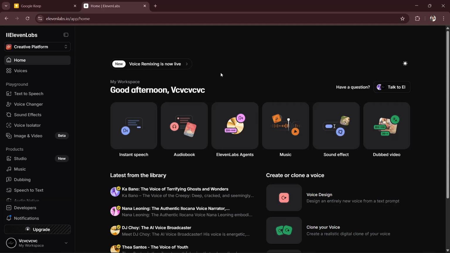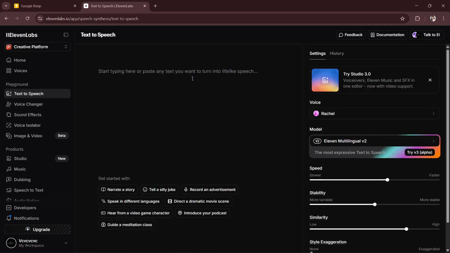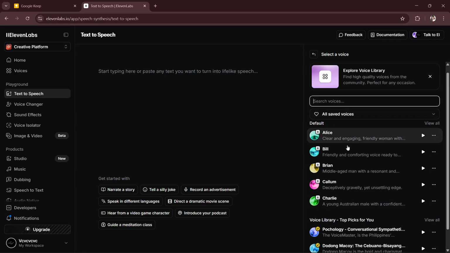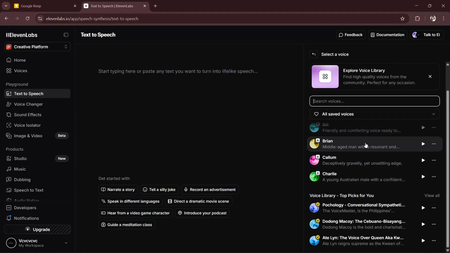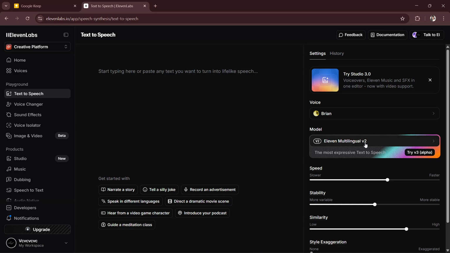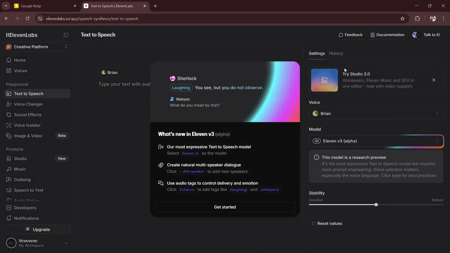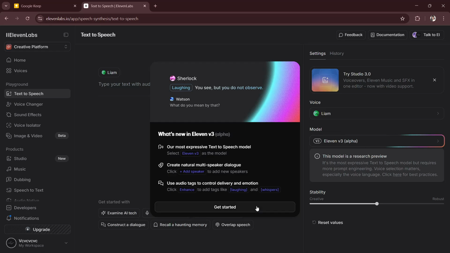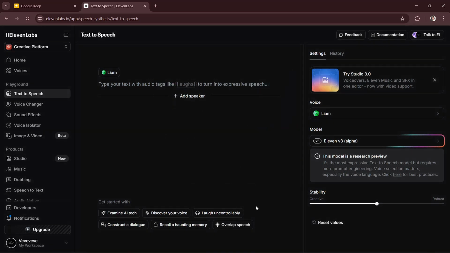So first, log into your ElevenLabs and go to text to speech, and then just go and click that. So it should be right here. And once you're here, you will have to go to generate voice, which you can find right here, or it's just plainly voice, and go ahead and select a voice from that library, or you can create a custom voice as well. So after you've chosen your voice, then you will just have to click get started, and then you